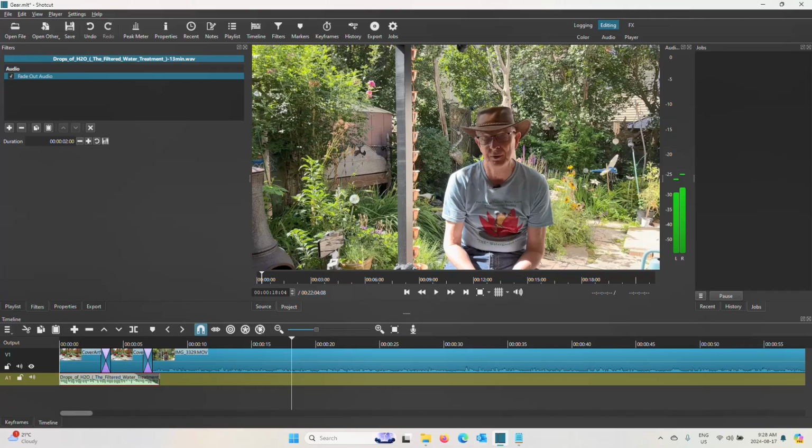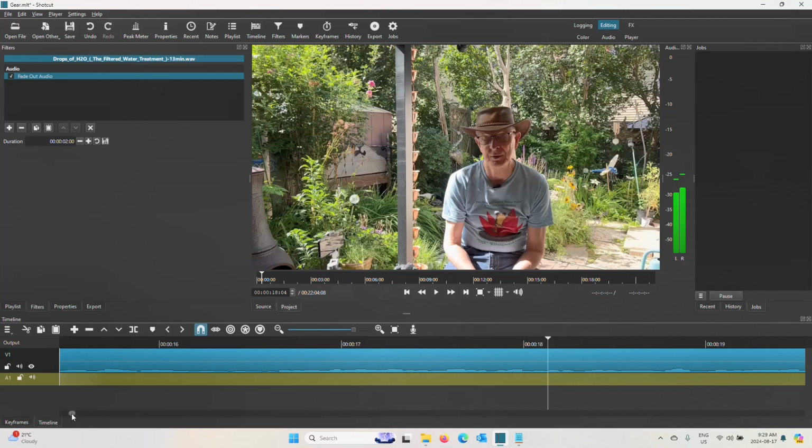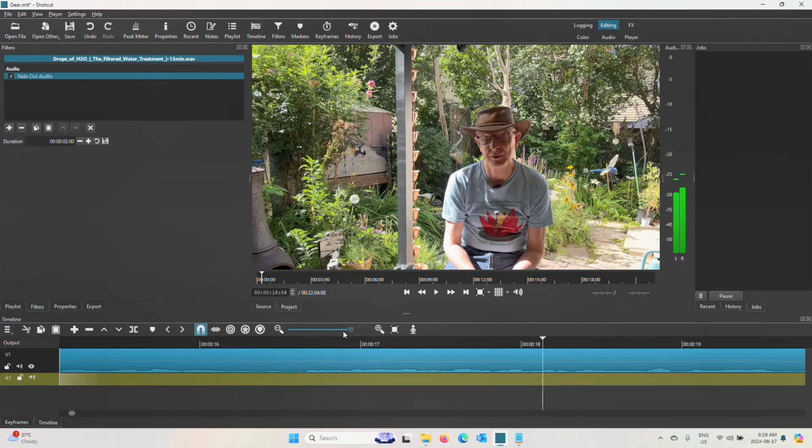Now, this area in the program here, this little minus magnifier and plus magnifier and this slider, this is for adjusting how big this timeline shows in the computer. So I can zoom way out so I can see the entire timeline, or I can zoom way in so the timeline is really, really big. So I want to zoom out a bit. I don't need to see the whole thing, but